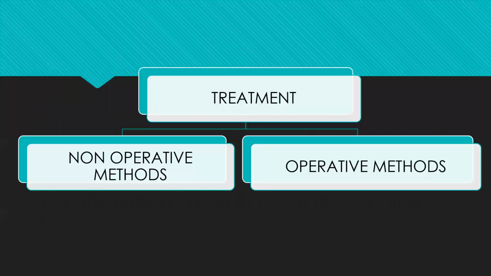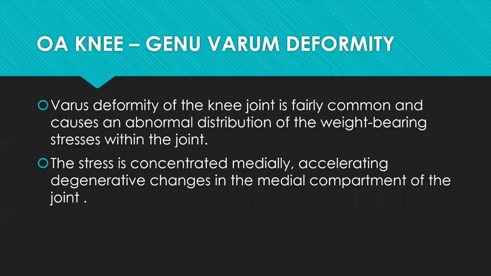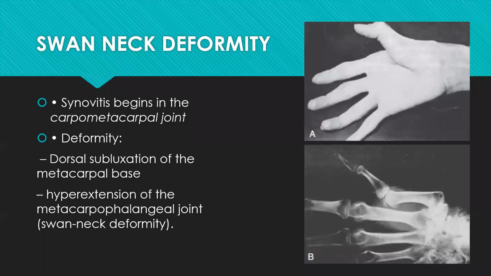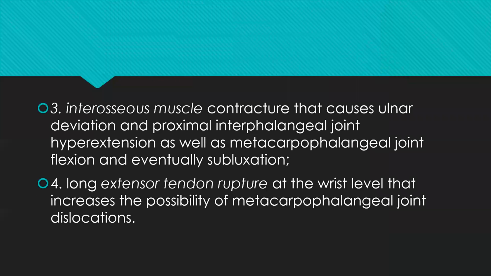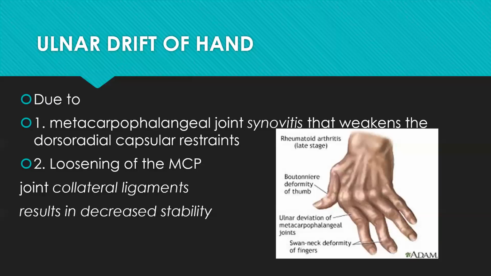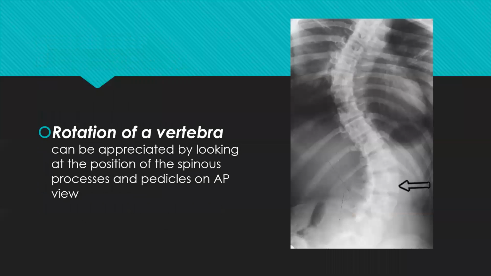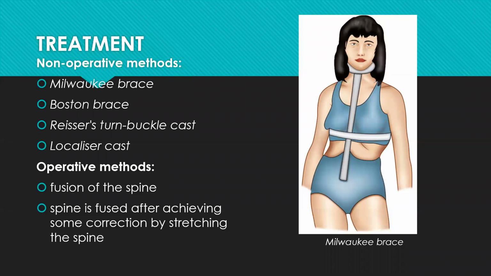Treatment of scoliosis. I'll just put up the slide again. It can be either managed conservatively with various bracing techniques available, or when the involvement is severe, we can go for a correction of the deformity with fixation in the form of pedicle screws and rods. These are the treatment modalities available for treating a scoliosis patient.